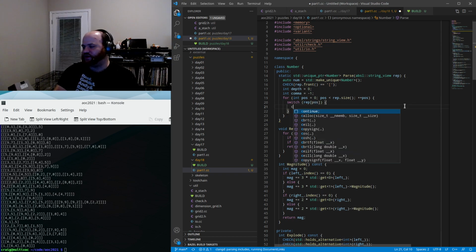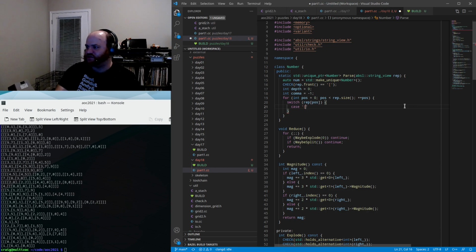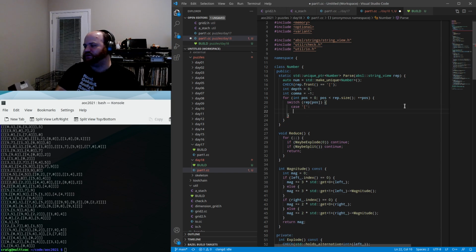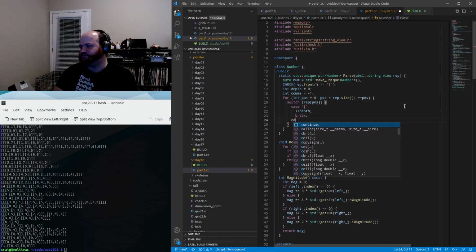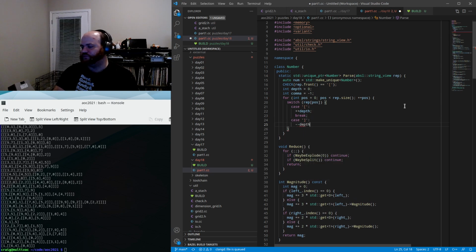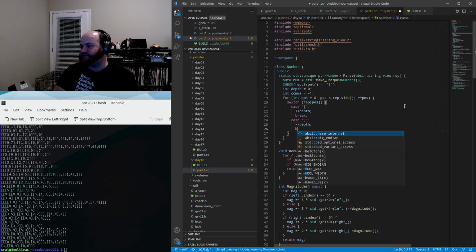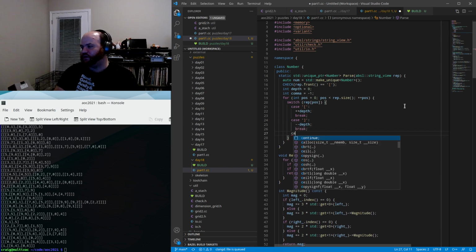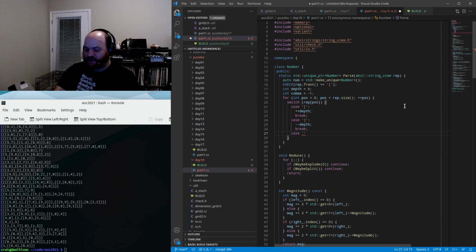So I'll switch on the character. In case it is an open bracket, depth increases. In case it is a closed bracket, depth decreases. In case it is a comma,